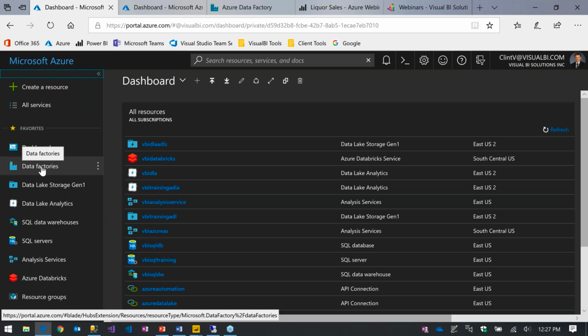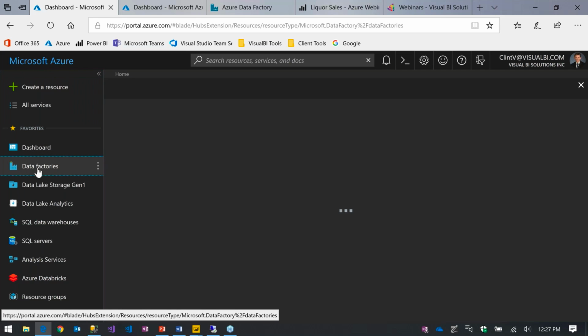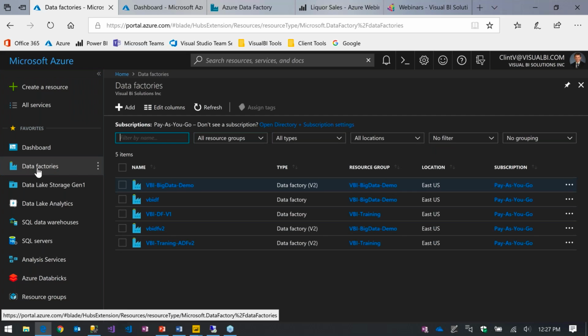This is our Azure Data Factory. So I'm going to jump to Data Factories, and we do have several data factories created out here, both version 1 and version 2. This demonstration is running out of version 1 of the data factory. As we were writing this, version 2 was still in preview mode, but there are a lot of great enhancements in version 2. I'm going to show how we built our pieces and parts for this demo in version 1 first. I'll jump over at the end real quick, though, and still show you what version 2 looks like. I want to at least highlight a few of the features out of that.